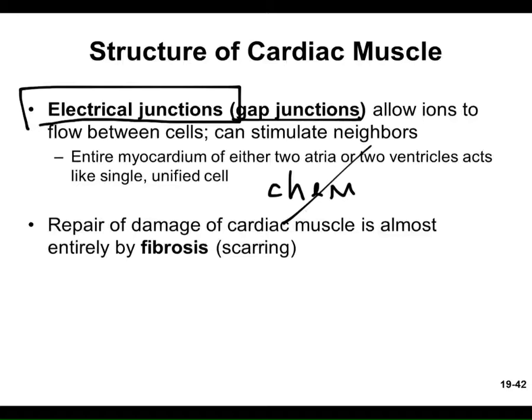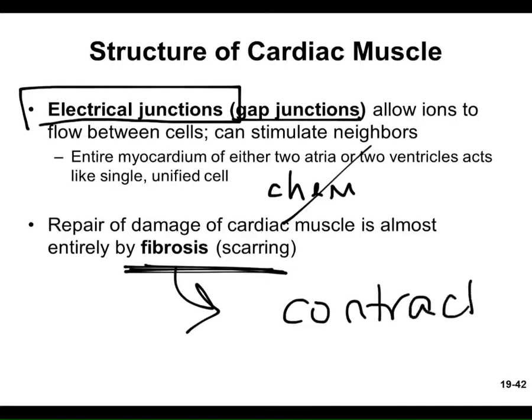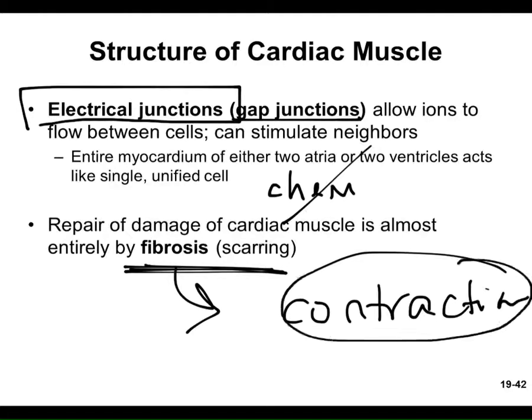Also, if there is damage to cardiac muscle, it does not repair very well. There are really no good stem cells waiting around to repair the damage, and instead, the damaged heart muscle is replaced by scarring or fibrotic tissue. And this fibrotic tissue is not good at contraction, right? So no longer is the heart able to squeeze as hard and push blood out. And so the heart becomes weaker, doesn't it? So a person after a heart attack has a weakened heart. They don't have the capacity to do as much work because their heart will never respond the way that it